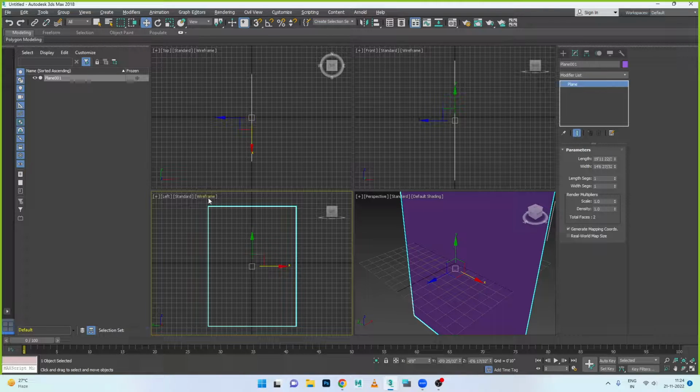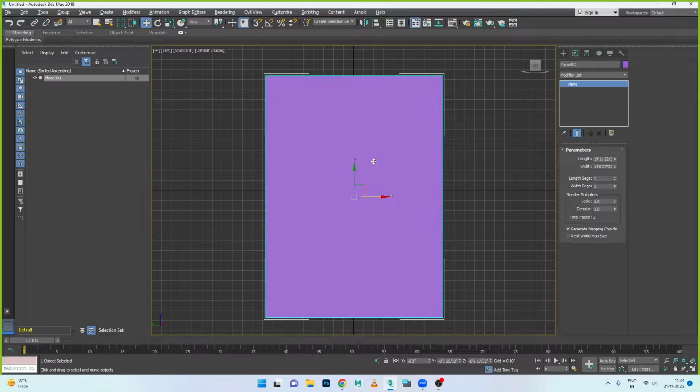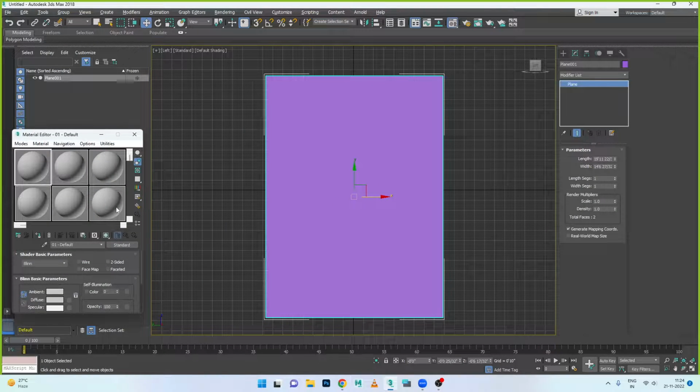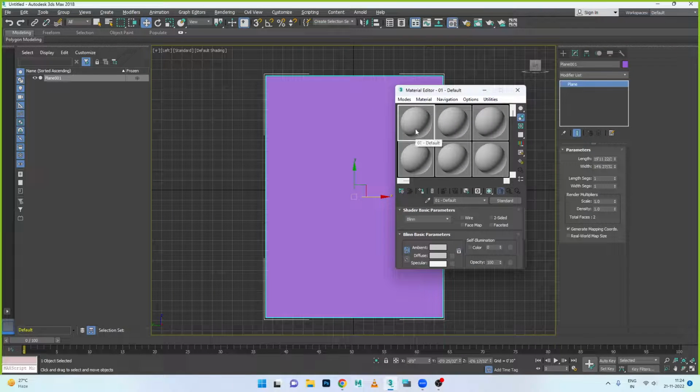Okay, now if you want to go from wireframe to shaded mode, default shaded mode on this one, press Alt W to maximize it. Go to the material editor. Okay, now set this reference. Name it as a year reference,